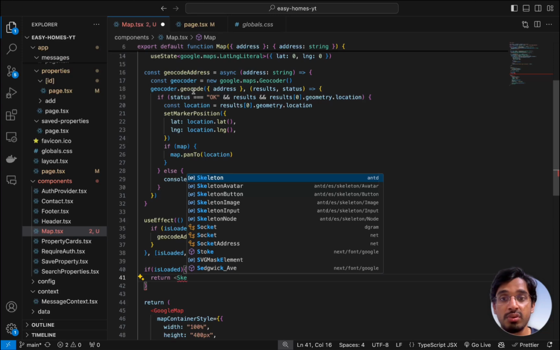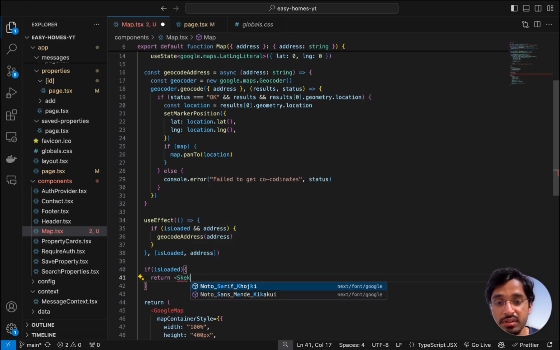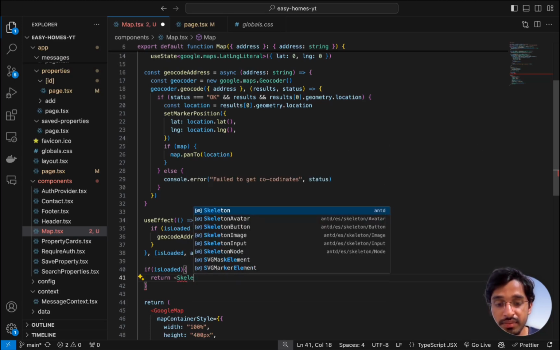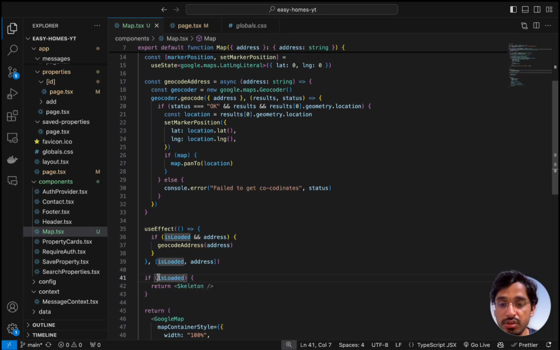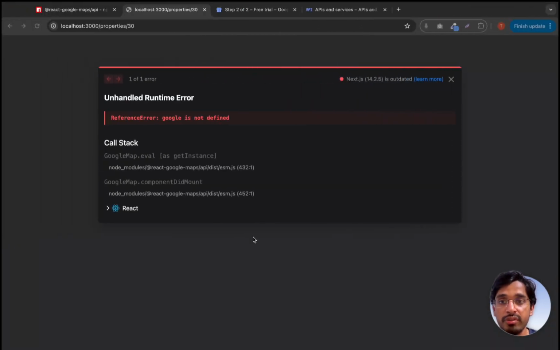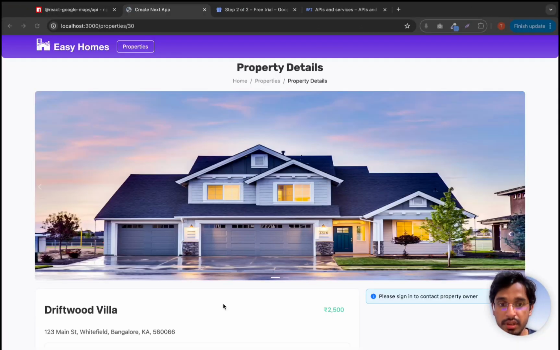If you have seen what a skeleton component is, it will just show a few lines, waving from left to right. So let's use a skeleton, so if it is not loaded, then show a skeleton. So now if we just go back and try to refresh,